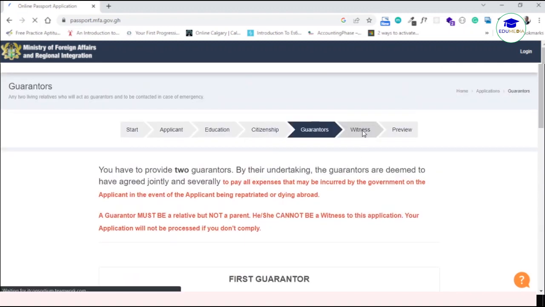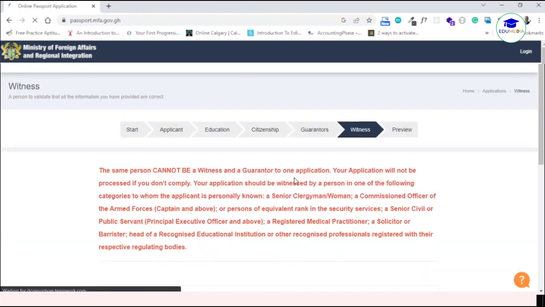The witness, on the other hand, according to the passport application portal, says that the same person standing as your witness cannot be a witness and a guarantor to one application. Your application will not be processed if you don't comply. Your application should be witnessed by a person in one of the following categories to whom the applicant is personally known. You have a senior clergyman or woman, a commissioned officer of the armed forces, or persons of equivalent rank